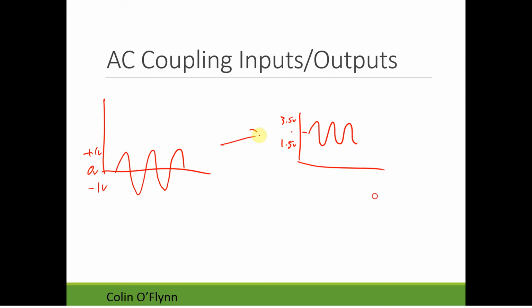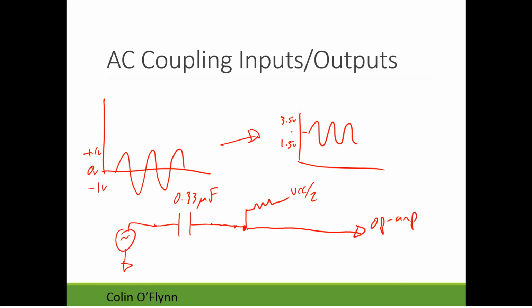You can do this through AC coupling, and you may have to do this at different stages of your op amp. AC coupling is simply putting a small capacitor, and the value depends on the frequencies, but I think 0.33 microfarads would probably work, between the two signals. So this is from our sensor here. And on the other side of the capacitor, we can specify the midpoint by using a bias voltage. You can either, if you had that VCC over 2, use that, and then this would go on to the op amp.